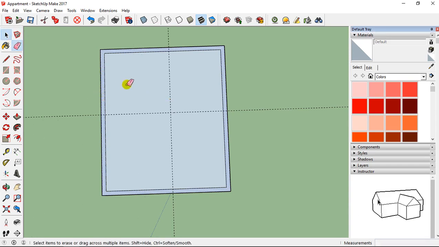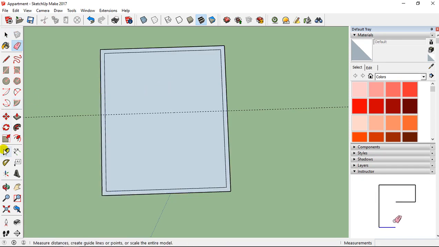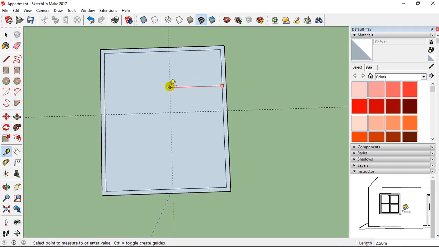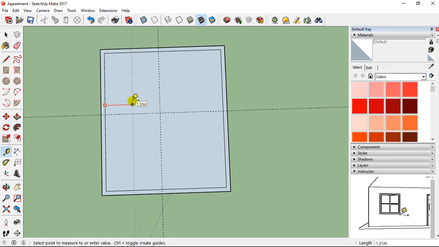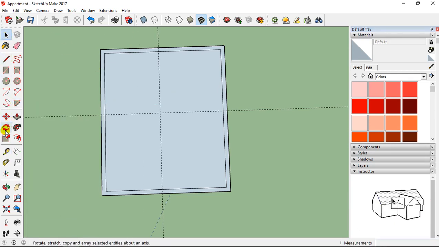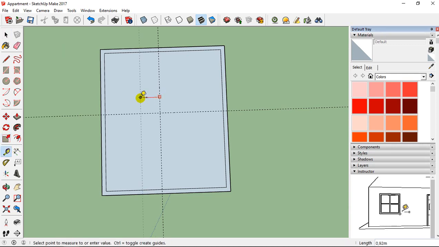No, maybe I'm going to do something different, so I'm going to place it here at 3 meters. So I type 3 meters like this. Then here I'm going to leave 1 meter, and it's okay. So I'm just going to add a guide here at 1 meter 20 centimeters like that.